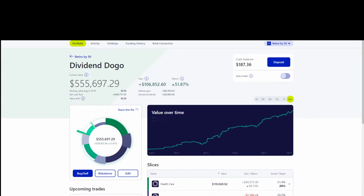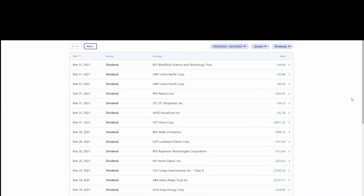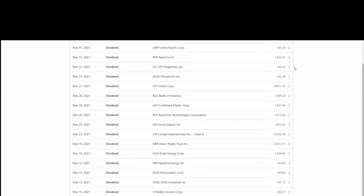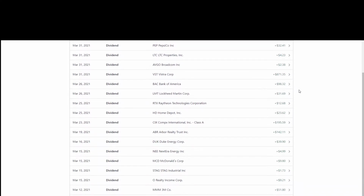But back to the topic at hand here, we're going to look at the dividends collected. So going from the end of the month, we have some dividend came in from BST, which is the BlackRock Science Trust. That was about $8.64. Then we have Union Pacific Corp. That came in. A little fractional share. I think that's why that split up. Then PepsiCo. I won't run through the numbers on all of these, but I will give you an add up total at the end. LTC,